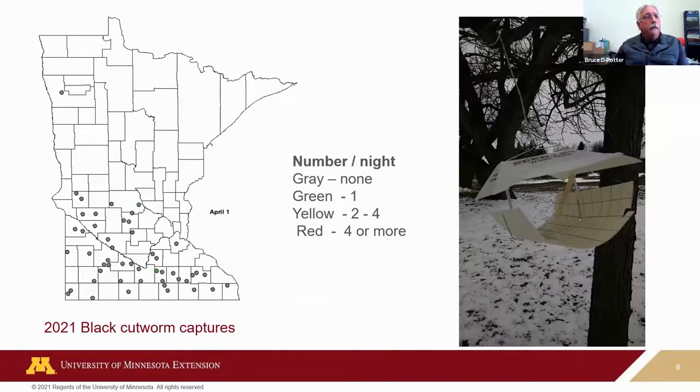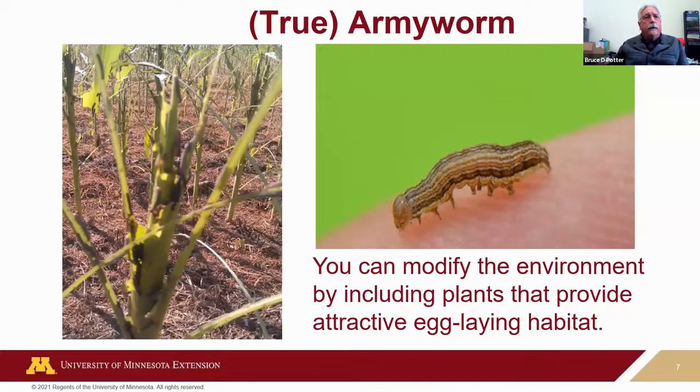This is a map. You can see the colors changing. This is last year. Minnesota Corn Research and Promotion Council has been funding some of these trapping networks, and you can kind of see these different flights coming into Minnesota through the season. And last year, if you remember right, it was fairly dry. We didn't have many thunderstorms early in the spring, and our armyworm and black cutworm populations were pretty low because of that.